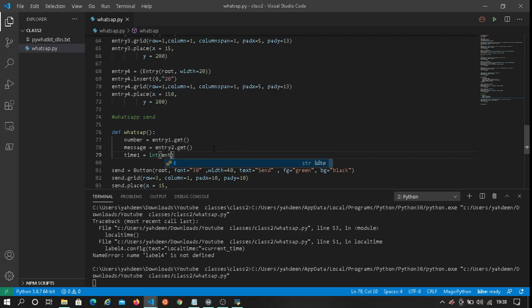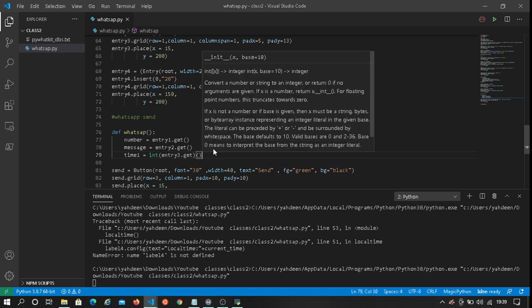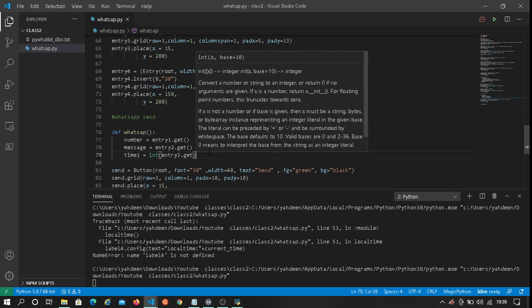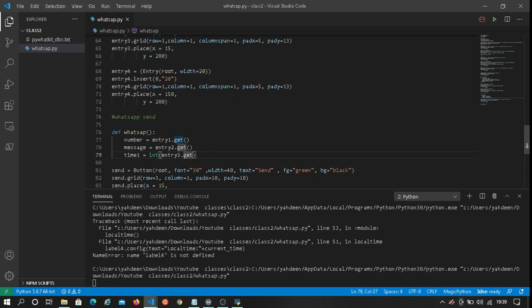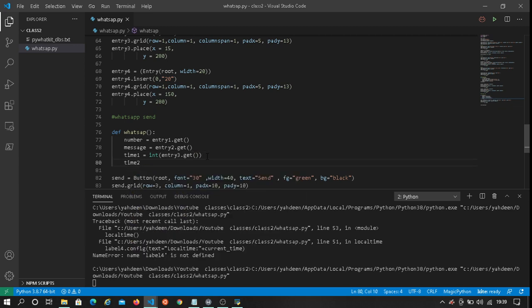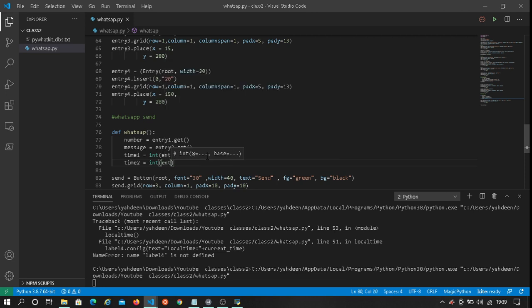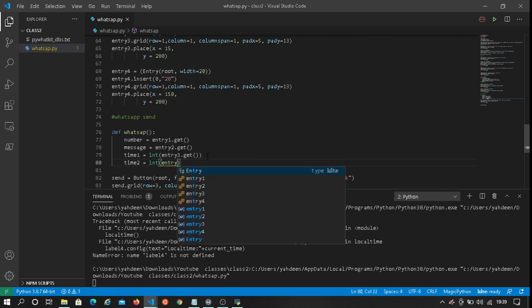So int, entry 3 dot get, brackets, and then time 2 equals to int, entry 4 dot get.